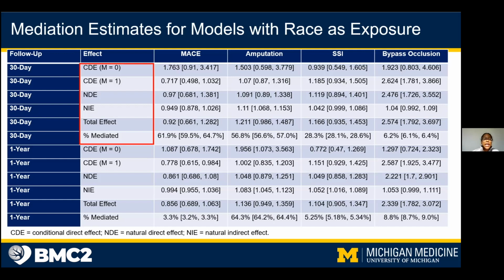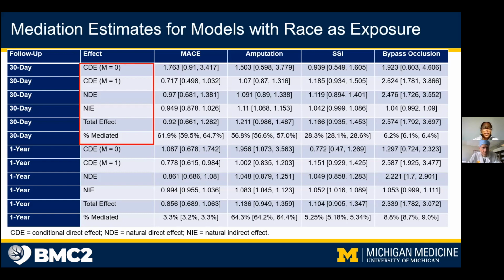And then NDE is a broader summary of the exposure's overall effect that does not involve the mediator. So in this case, advanced disease is our mediator. And finally, natural indirect effect represents the exposure's effect attributed to the disease severity mechanism. And so the descriptor natural is used for natural indirect effect and natural direct effect to highlight the fact that their sum equals the total effect of the exposure, which in turn makes it possible for us to do the